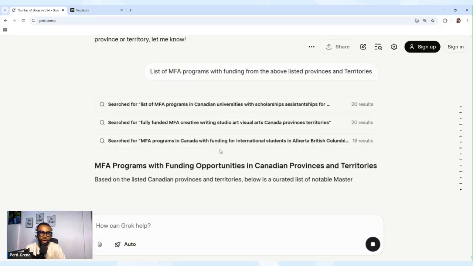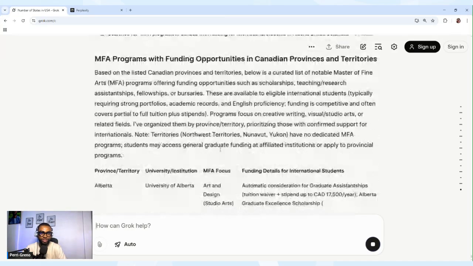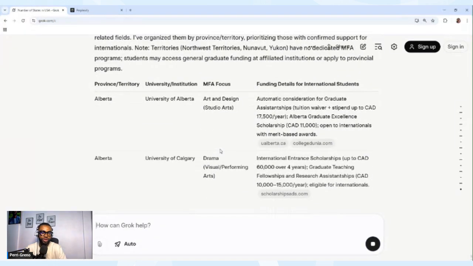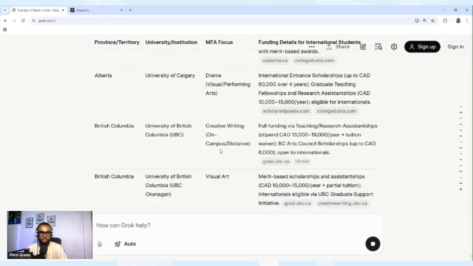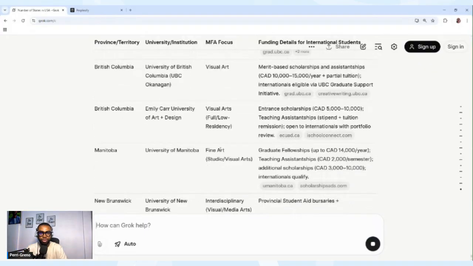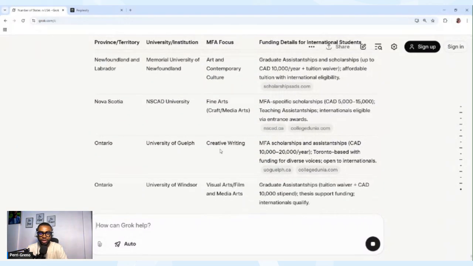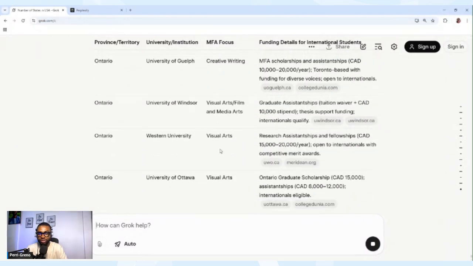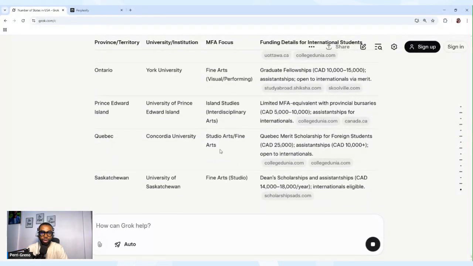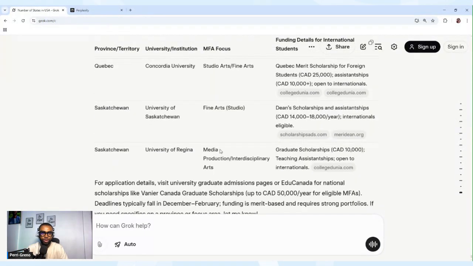And with the MFA program, scholarships have not yet been exploited. So I'll be very happy for those with an arts degree, first degree, who want to go and pursue your master's, you can look at the MFA programs. Few persons actually go in for the MFA programs. And there are a lot of scholarships in there, funding opportunities, be it in Canada, be it in the US, be it in any part of Europe. Okay. So if you have a degree in a visual arts program or art-related program from university, kindly narrow your search to the MFA programs. There are a lot of scholarships in there, and it comes with full funding with stipends and all that.